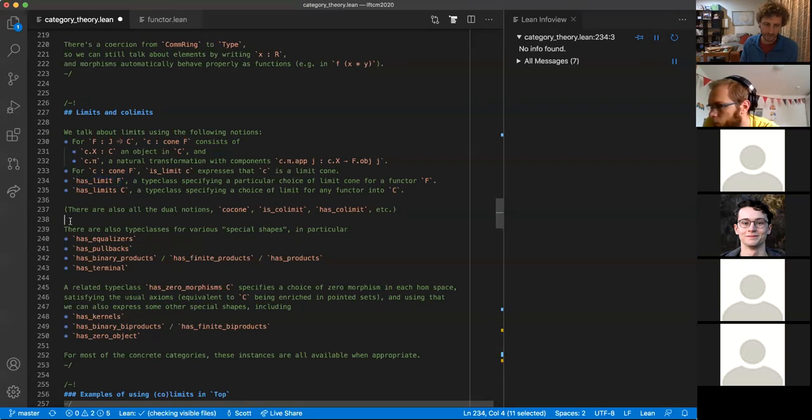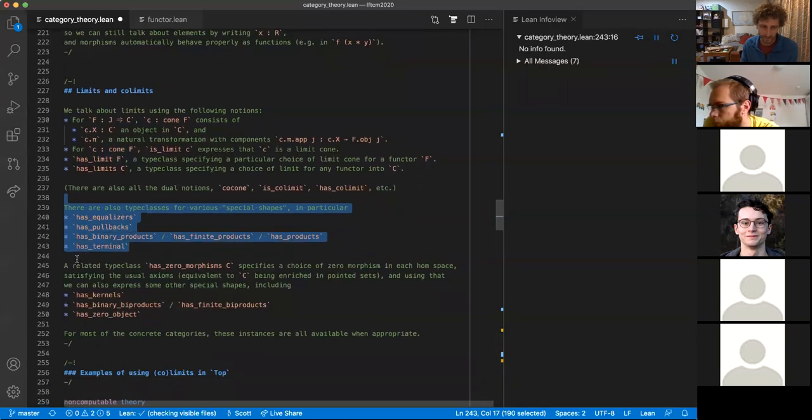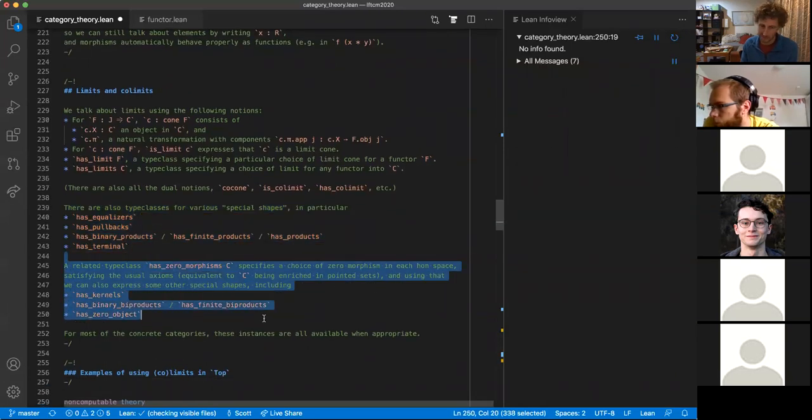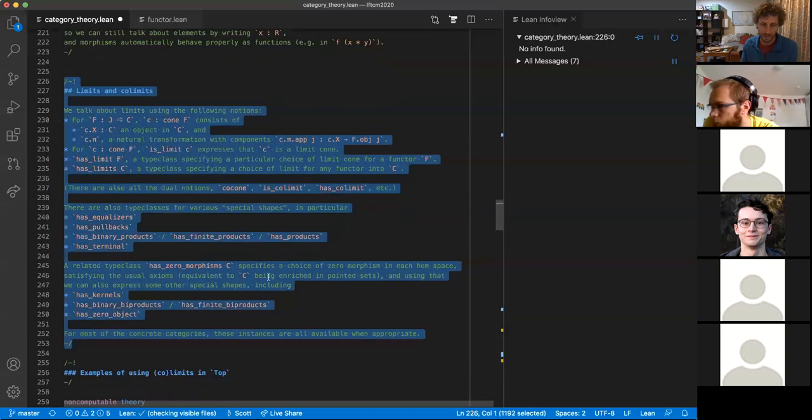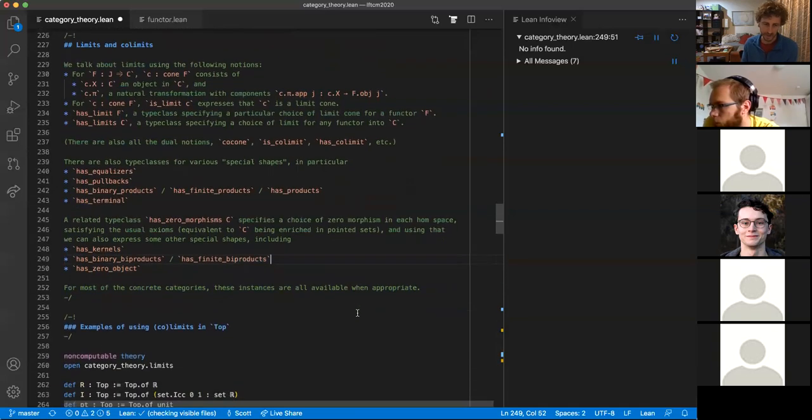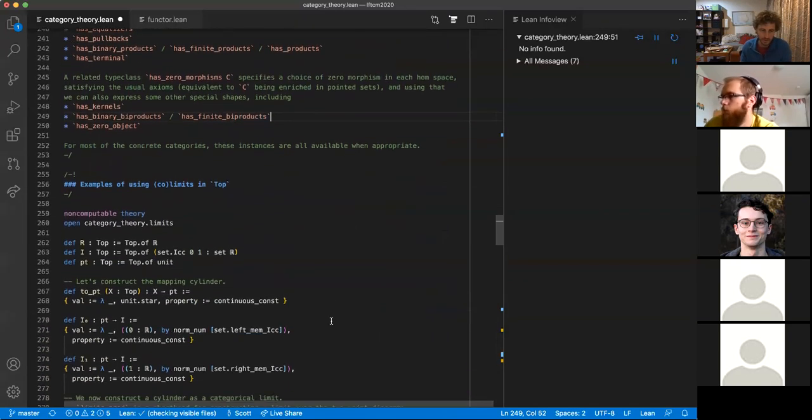Okay, there's also machinery for all of the typical special shapes of limits, and similarly for the bilimits, things like zero objects and biproducts and things like that. Okay, I'm not going to talk in much detail about the internal workings of all that limit and colimit stuff, but I will just show you a cute application of it to do some constructions. So I'm going to work in